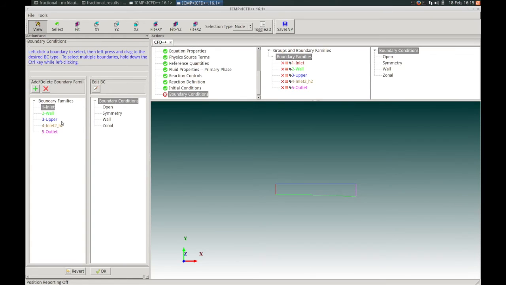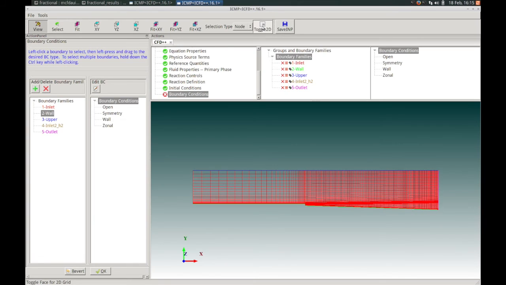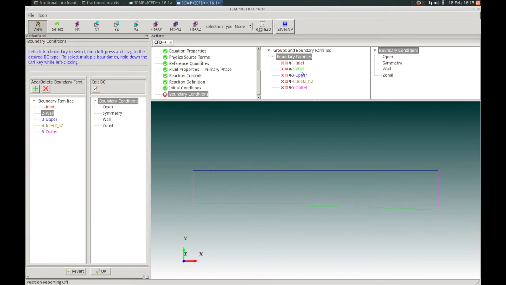At this point, we will see the boundary conditions action tree panel. The 2 inlets, the BC named upper and the BC named outlet, will all be set to open BC types. The BC named wall will be set to a wall. So we can zoom into our geometry to get a better view, and we can toggle the mesh on and off. And you can see in the notebook panel, we actually have options of highlighting the different boundary conditions so that we can easily identify them in our geometry.